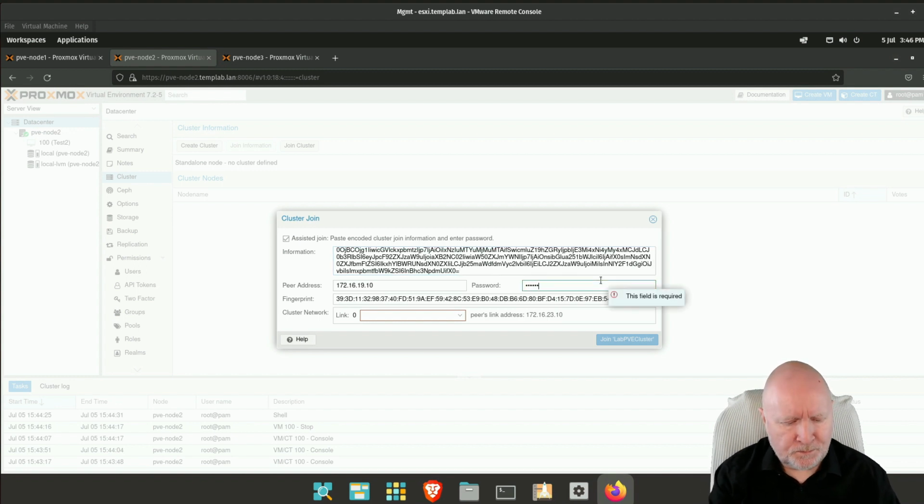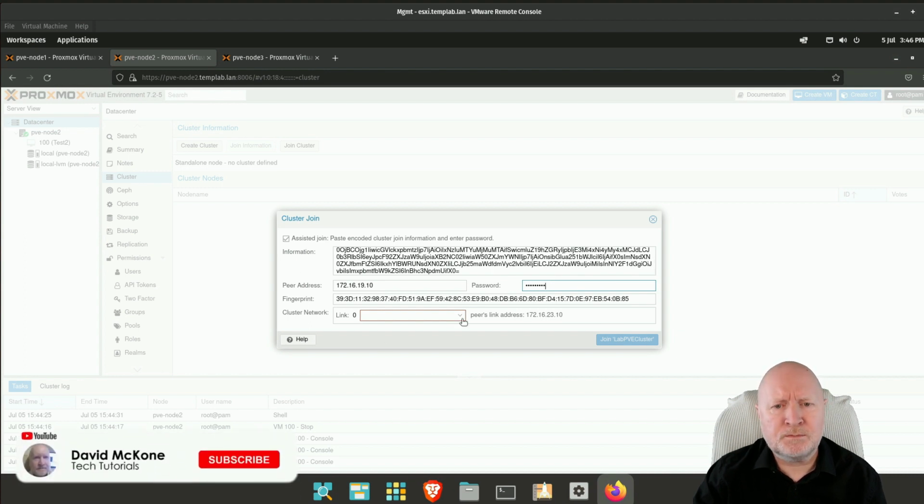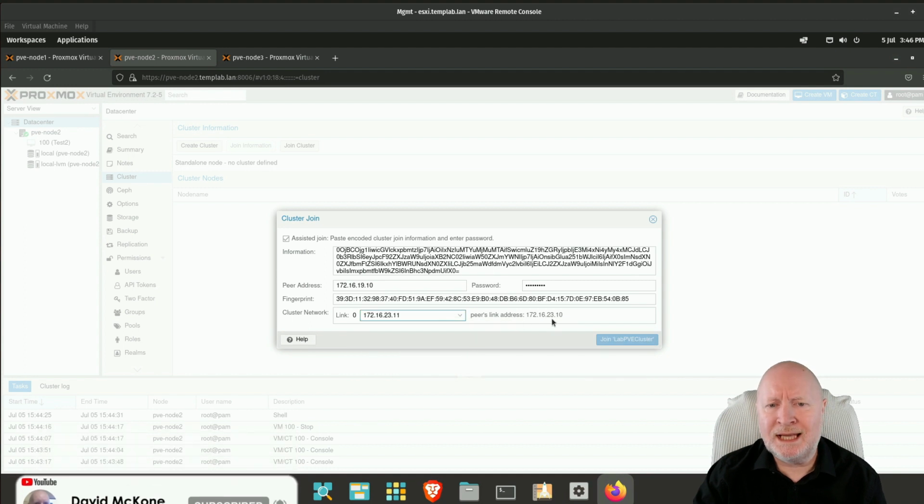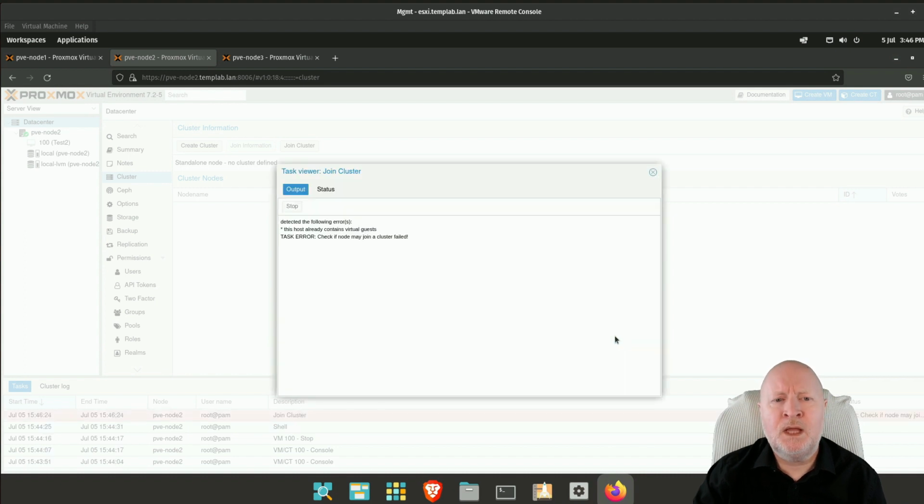That's a good security check just to make sure you are indeed joining the correct cluster. I need to provide the root password to actually join, but I also need to pick out the correct interface. Fortunately, because it's telling me what the peer's IP address is, you can see how the two are lined up here. So now we're both servers using an interface that's in the same subnet. I'm going to click on Join Lab PVE Cluster, and